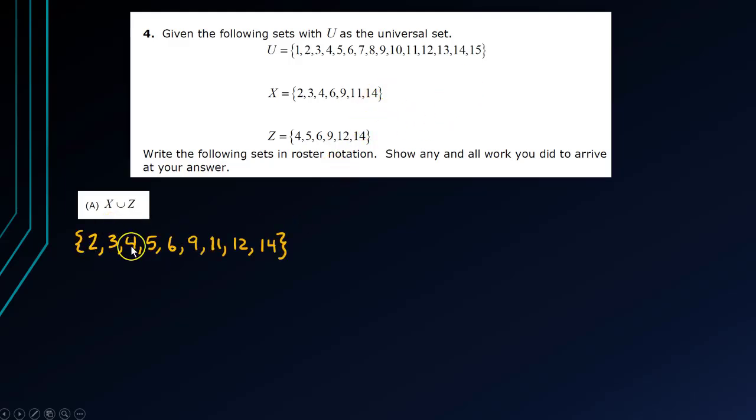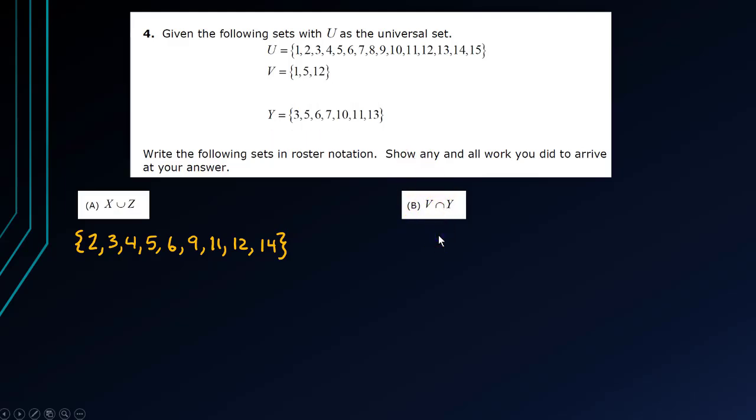So this would be 2, 3, 4, 5, 6, 9, 11, 12, and 14. So for a union, I would include elements that belong to one of the sets, or the other set, or both. When I do B, the intersection of V and Y, well, first I'm going to focus